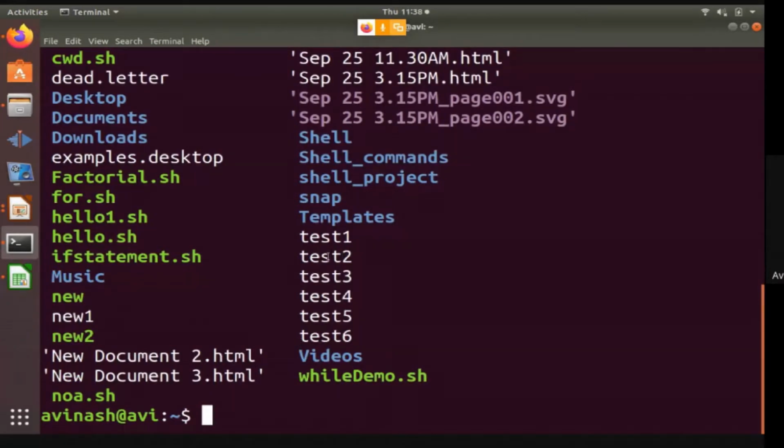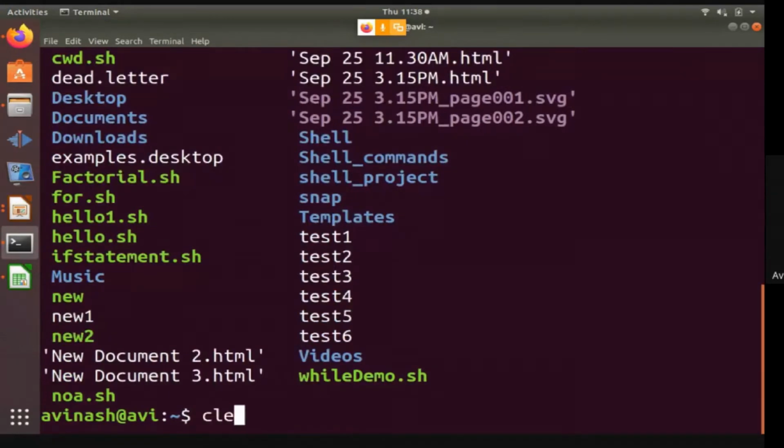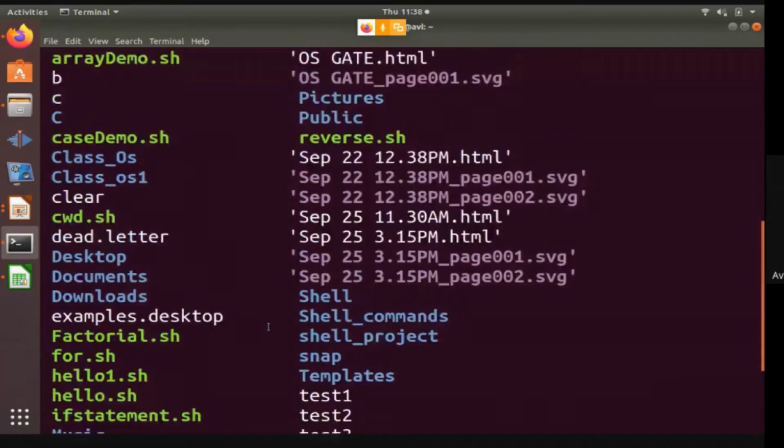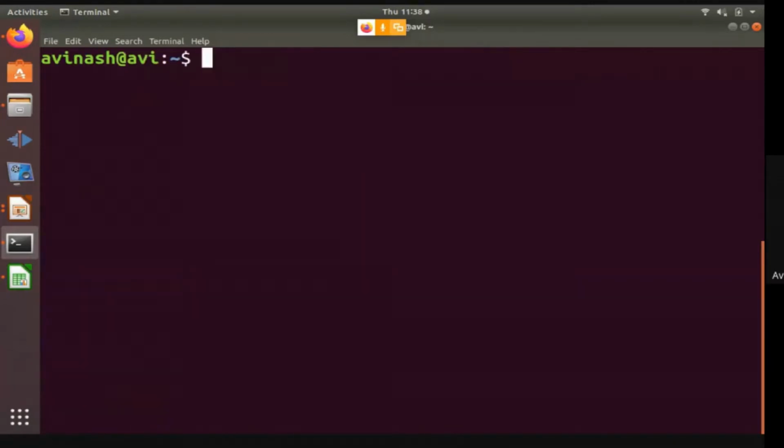Now, this command comes with different options. Simply typing ls will display the list of files and directories. For example, if you want to check the hidden files in your system, we can type the command as ls minus a.